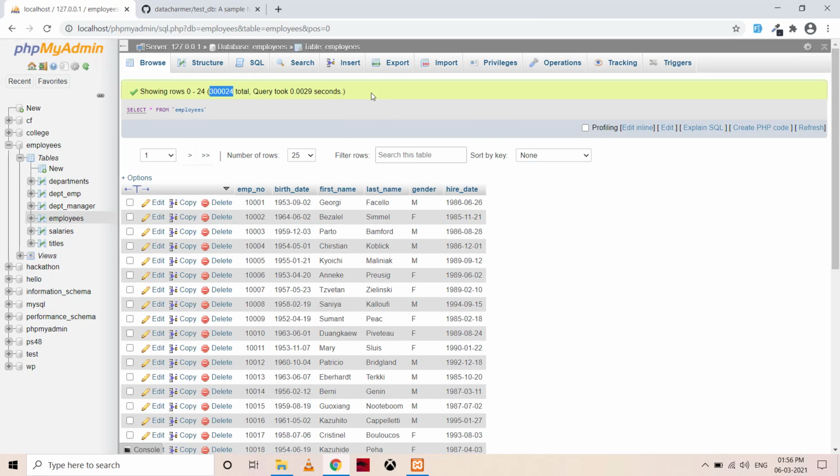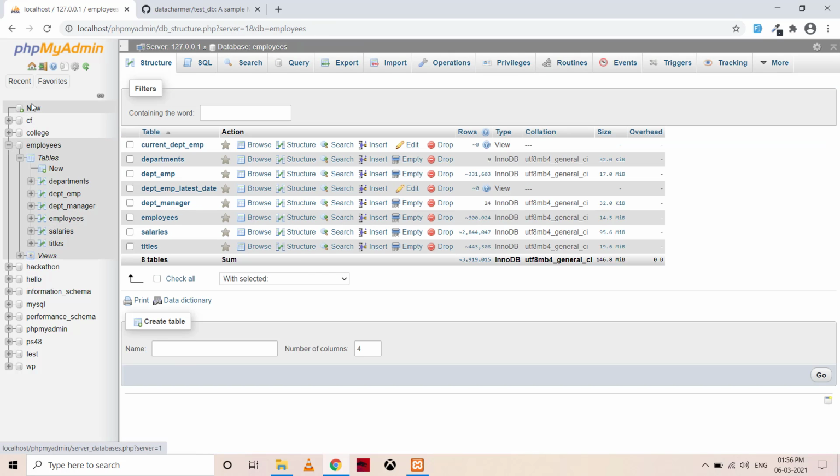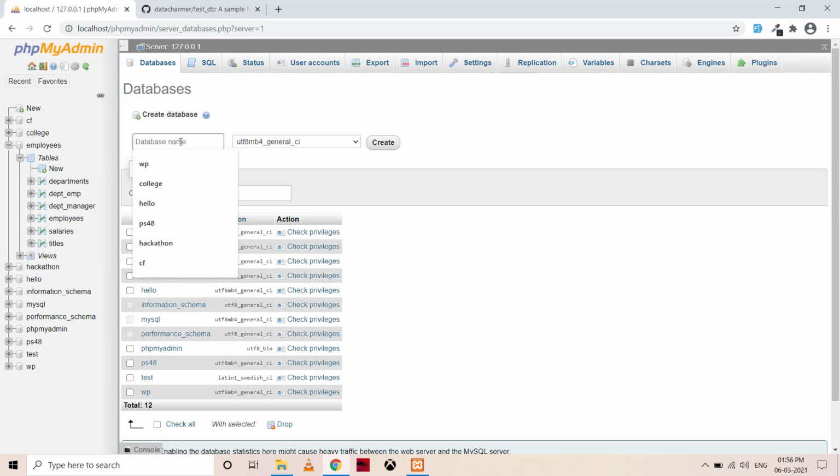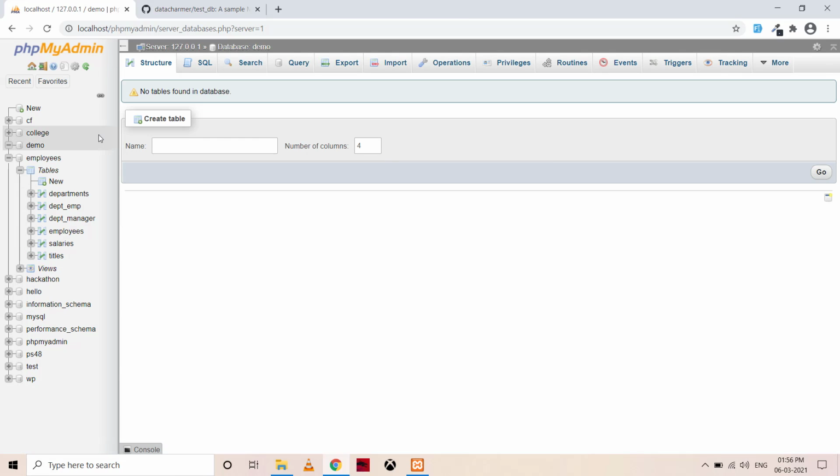So it's a huge database, and it is usually not recommended to import huge databases using the GUI interface, although I can do it. You just have to create a new database here. You can name it anything. You just have to click on the new button, write the database name, and then click on the create button. Let me show you by creating a demo database. I will just click on create, and a demo database will be created, but it will be empty. Here you can import the .sql file or a compressed format file as well.